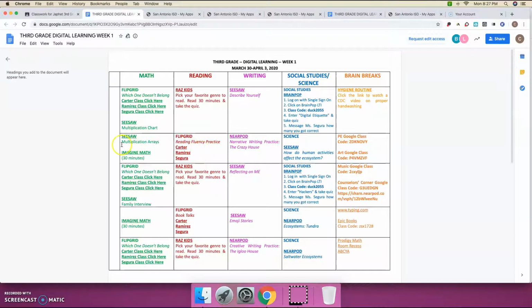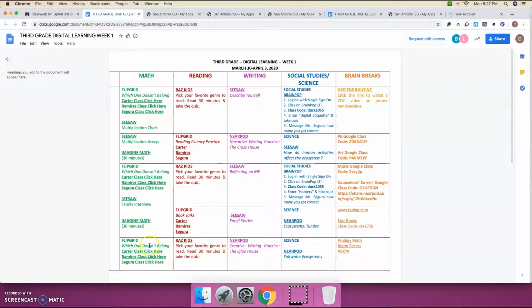So like I said, you're just going to go through each day and you're going to click on the links, and most of the links will log you in automatically. I think it's just Nearpod that we had trouble with, so don't worry about Nearpod right now. But that's it. And then Wednesday, you're going to do the same thing. Click on the link and find the activity. Thursday as well, click on the link, your link, and then find, oh, there's another Nearpod, so don't worry about